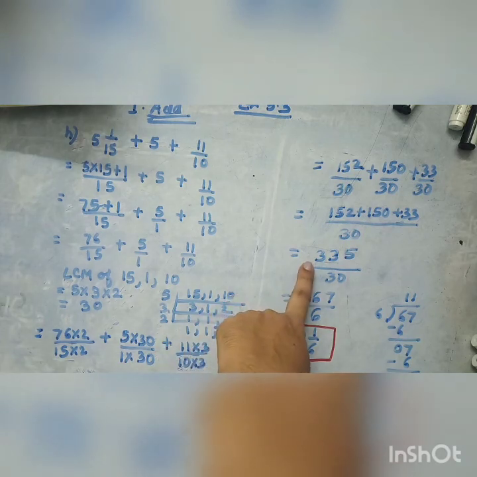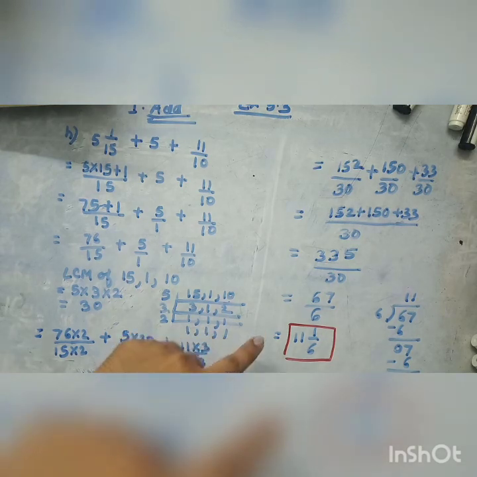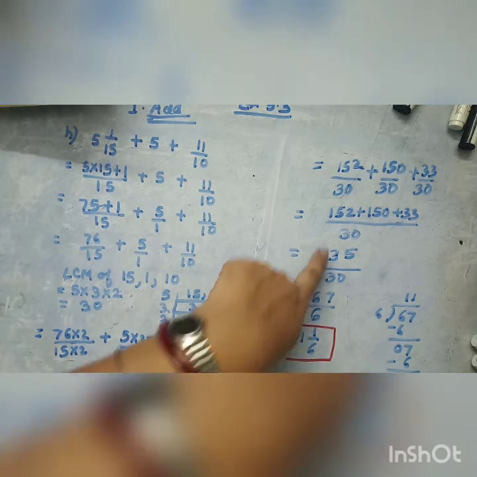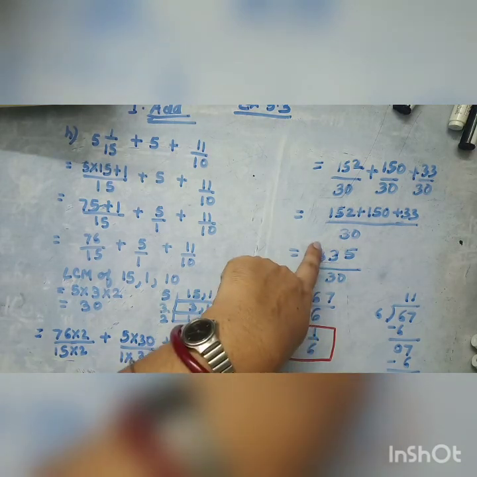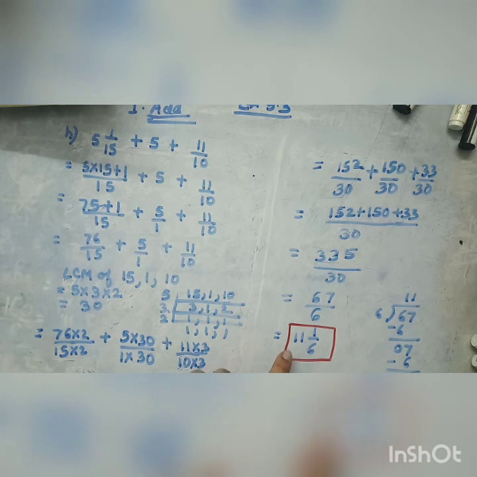After adding all the numerators, you get 335/30, or 335/30 can be reduced to lowest term as 67/6. ये 5 कॉमन फैक्टर है, तो 5 से इसको कैंसिल आउट करेंगे तो यू गेट 5 6 30 एंड 35 5 7 35, तो 67/6. Now what I did is I have converted this improper fraction into the mixed fraction. So mixed fraction कैसे किया है आप देख लीजिए, ठीक है,